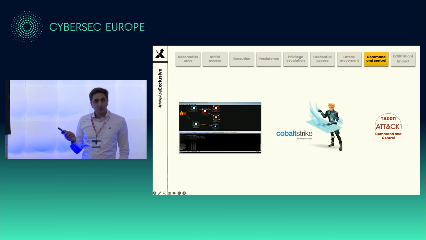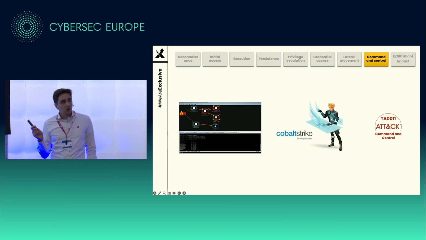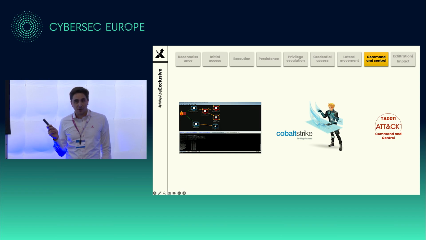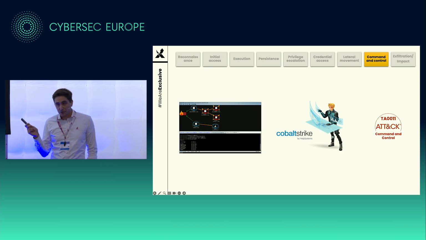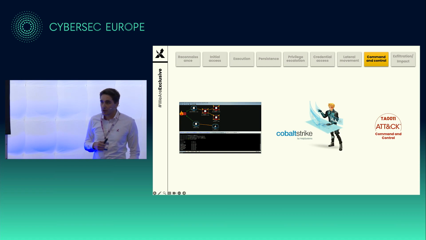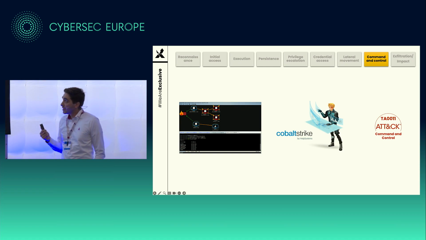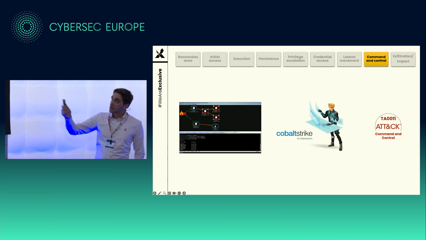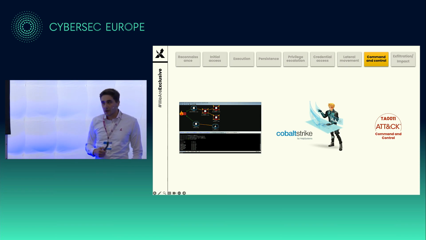I don't know who of you are familiar with Cobalt Strike, but it's still one of the most used C2 frameworks that are available. There are a lot of other ones as well, but Cobalt Strike is seen a lot. Also in this case. Actually, the detection was based on the beacon capability of Cobalt Strike, the agent really dialing in and spawning processes and making sure that attackers can execute their commands in the post-exploitation phase. So command and control is the tactic that we're in, and the techniques underneath are pretty large.